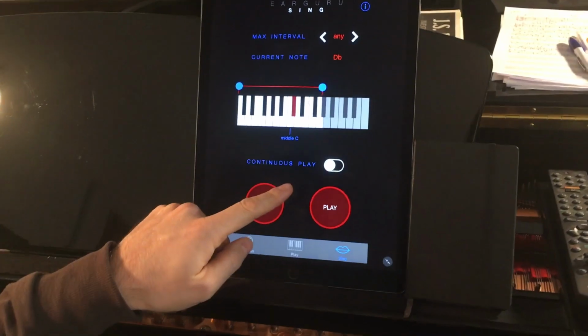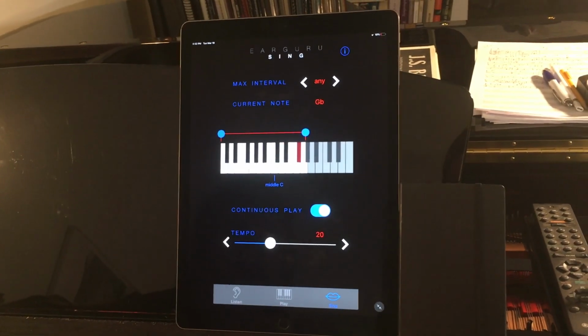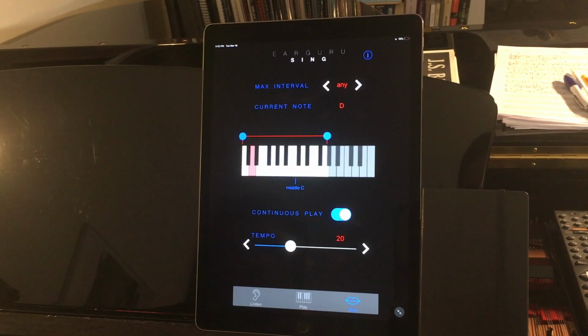The only remaining thing to show you is the continuous play modes, and these are pretty great because it means that you can do this just with earphones on when you're in the subway or walking around. So for example, in sing mode, if I push this continuous play button, then it's going to tell me to sing a G flat. Okay, so I can set the tempo to, okay, do,